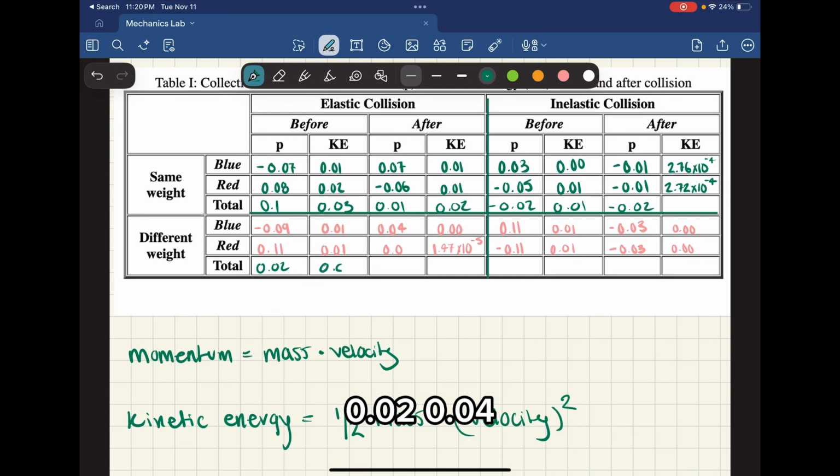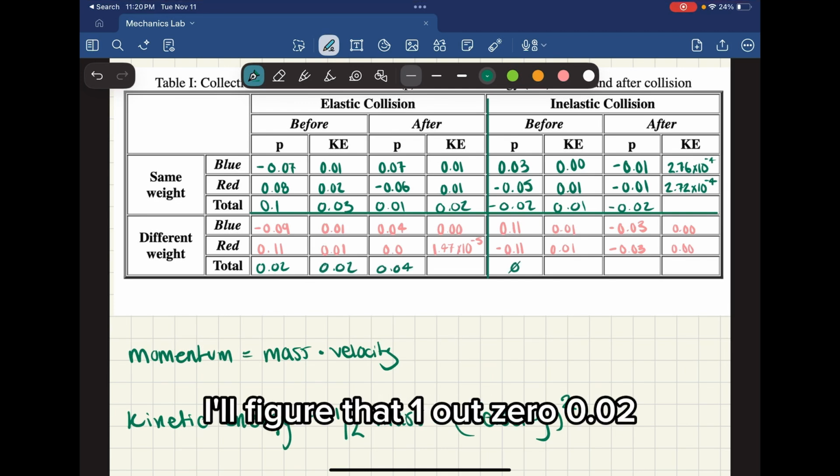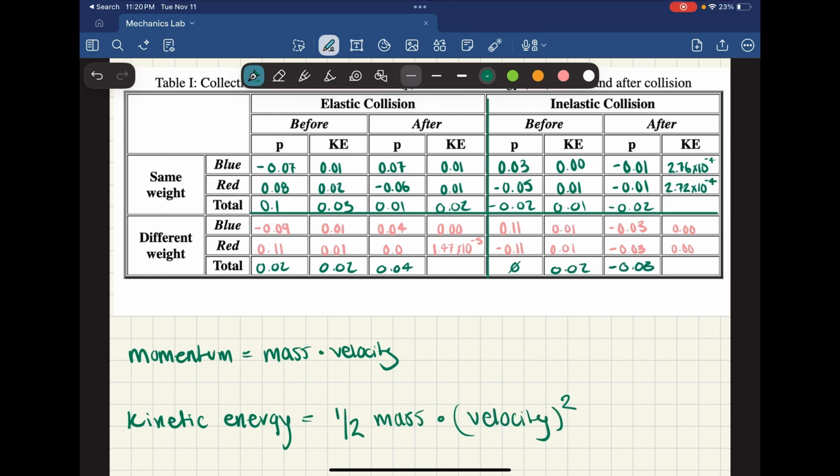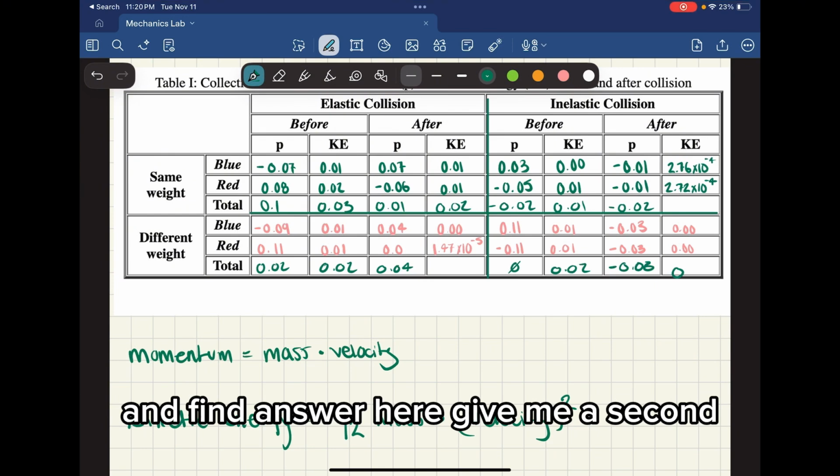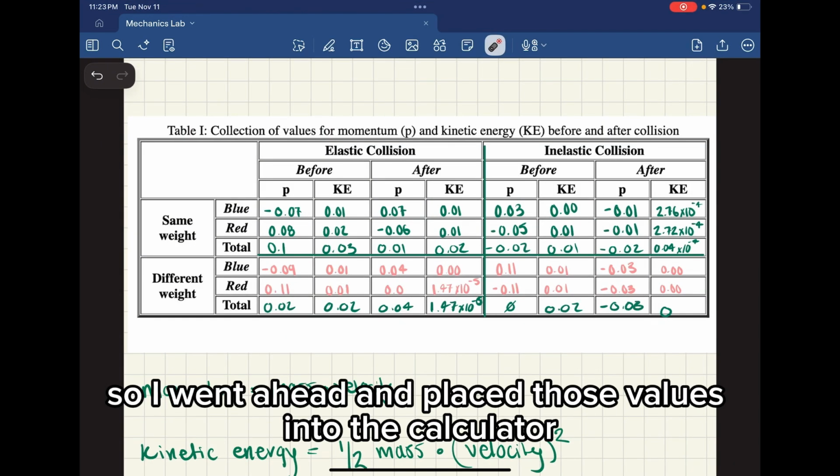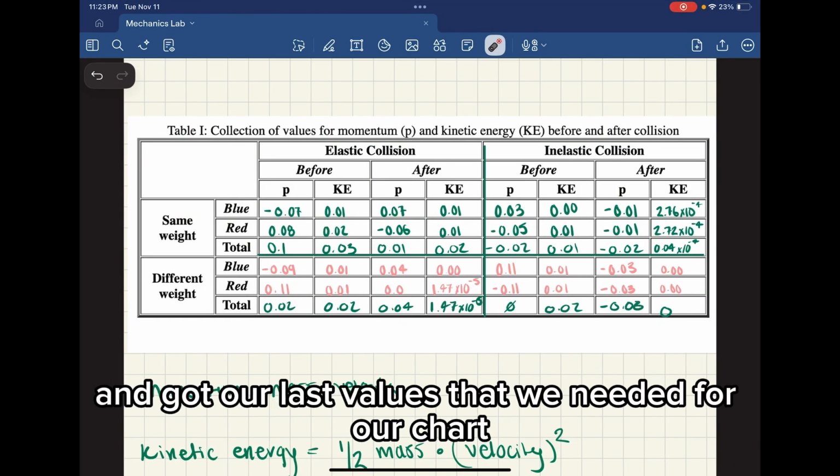0.02, 0.02, 0.04. I'll figure that one out. 0, 0.02, and finally 0 here. Give me a second. So I went ahead and placed those values into the calculator and got our last values that we needed for